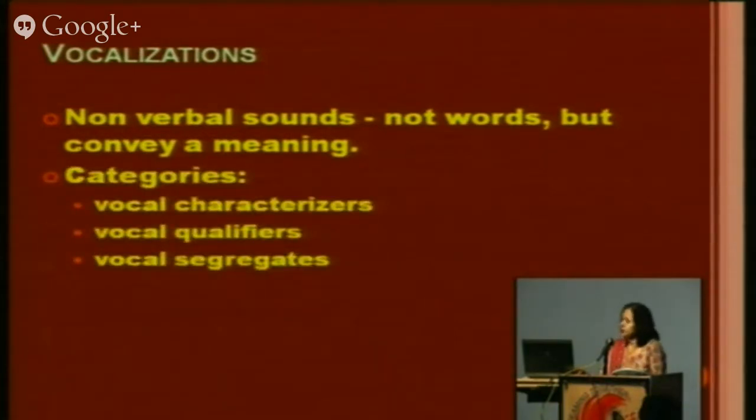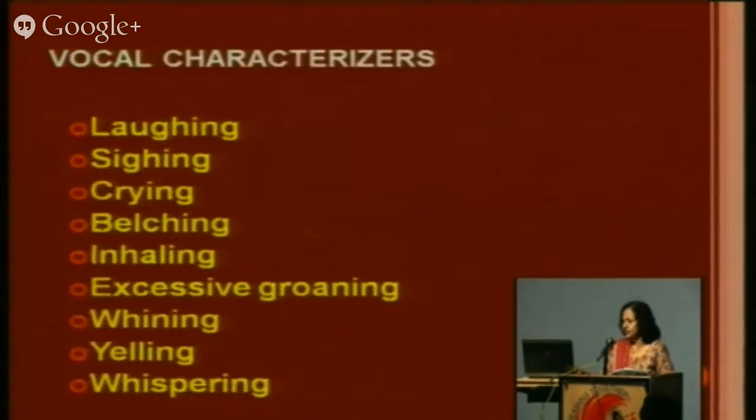Say they can be categorized into three things. One are the vocal characterizers. Then you have the vocal qualifiers and vocal segregators. इसका भी थोड़ा बहुत ले लिया है मैंने। कैरेक्टराइजर क्या है, जैसे मैंने आपको कुछ स्माइलीज दिखाई थी, जैसे सायिंग, ऐसे लंबे भी, कहाँ लेक्चर खत्म होगा, कब छुट्टी मिलेगी, राइट। इनहेलिंग, एक्सेसिव ग्रोनिंग, येलिंग, विस्परिंग करना।